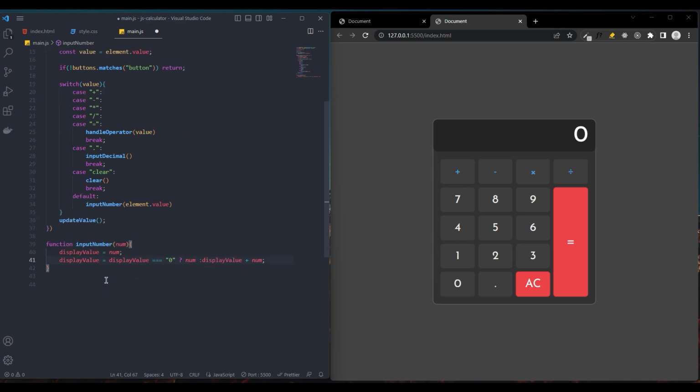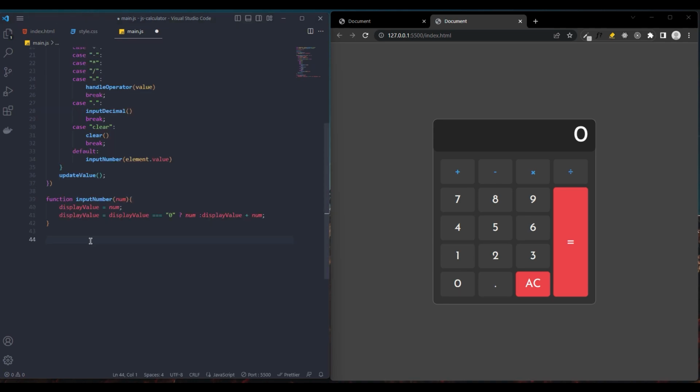Now, when we click on the point operator, the entered number needs to be added next to it. It will not be added the second time. Let's create a function for this. It's called input decimal. Function inputDecimal. If display value does not contain the point operator, add the dot next to the number when clicking on the point. If display value includes a point,